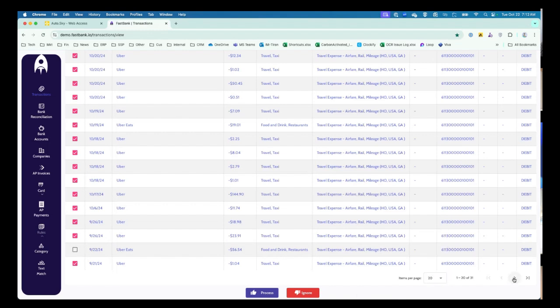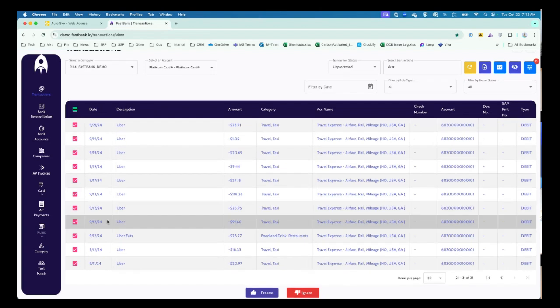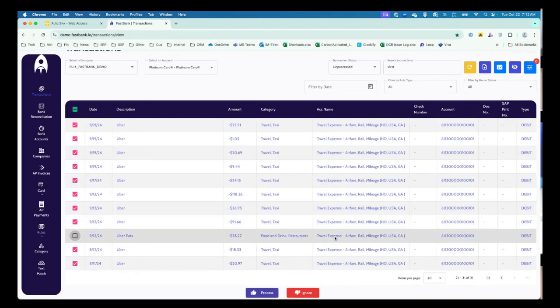I can search and say, oh, I want to exclude this. Peruse through there. The rest of the stuff is good. I can process 29 transactions. Make sense? Yep. Any questions so far on what we do?